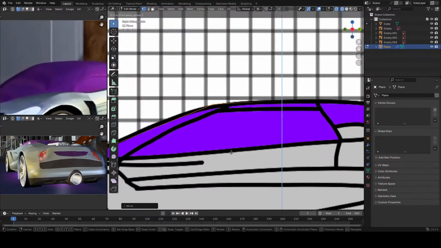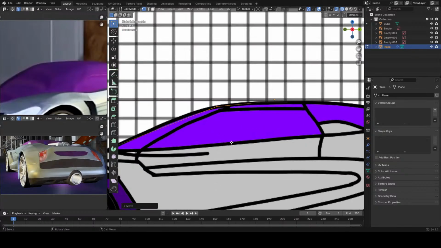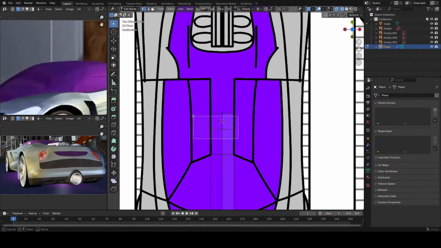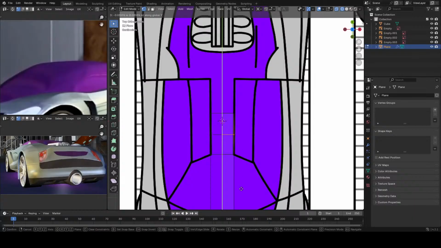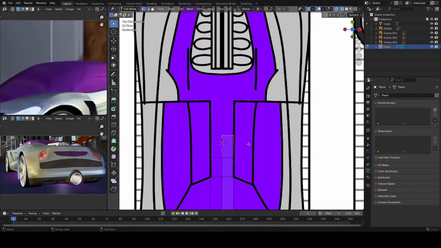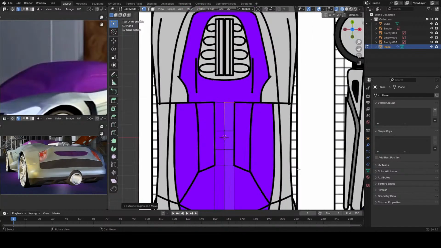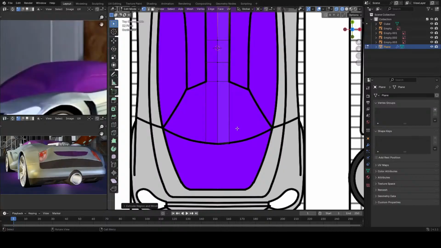Needs to match the actual shape of the car. I'm just gonna make sure these all have the same distance between each other. And then I'm gonna extrude this. Okie dokie. Okay. Then what we're gonna do is